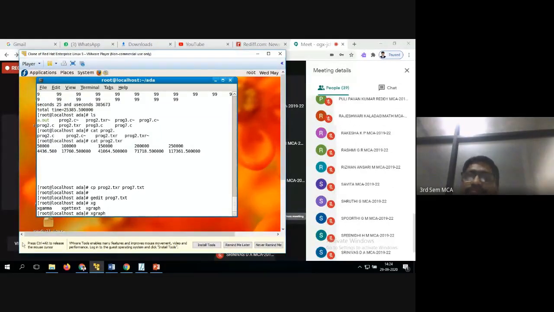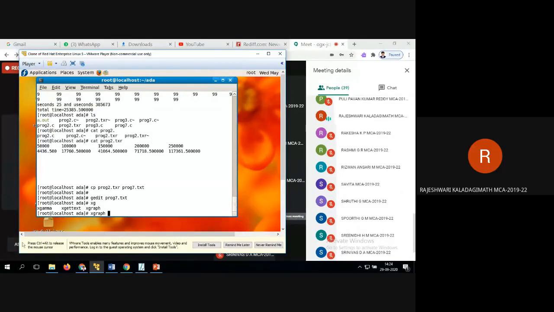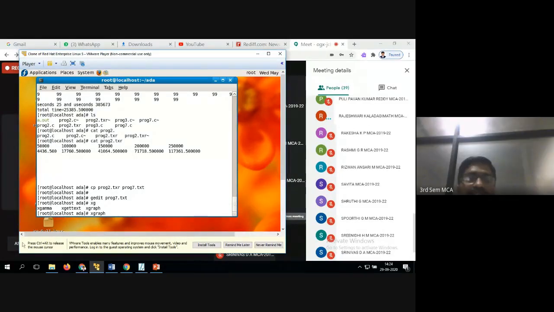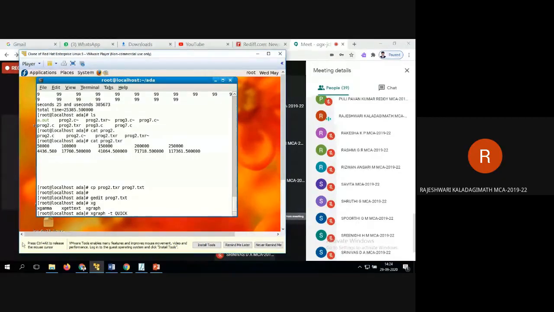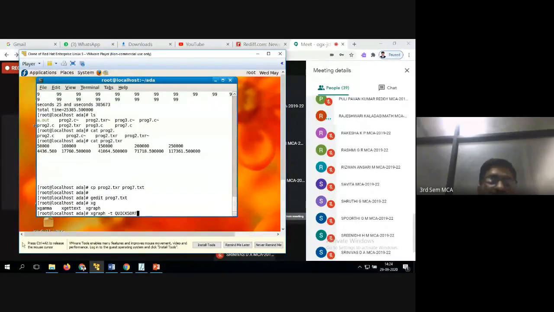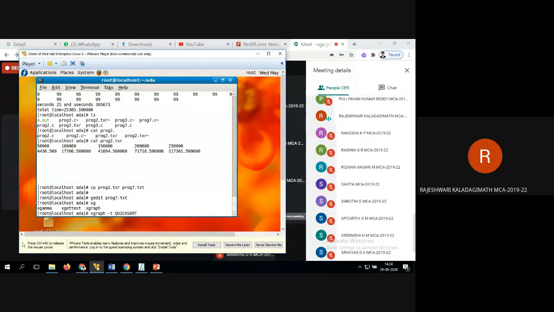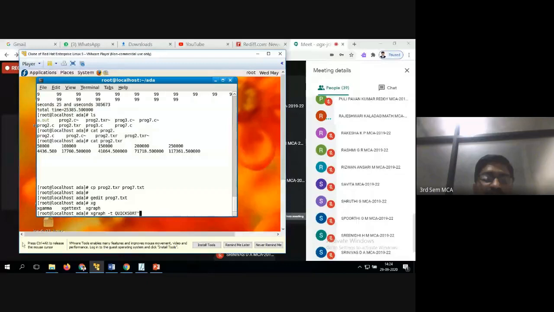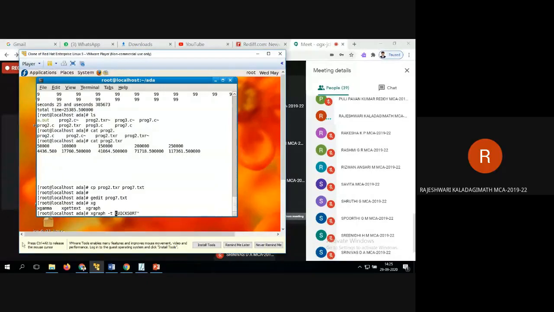Minus T. Which graph is this one? Which program now we are doing? Quick sort, sir. Should this be single quotes or double quotes? Double quote, sir. Right. So minus T over. Next minus X.